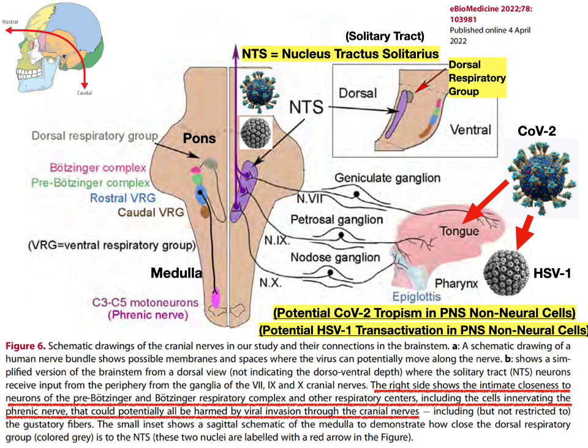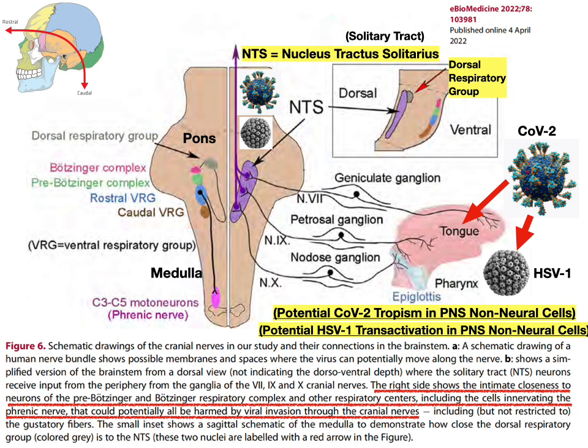So as COVID-2 infects neurons, it can also potentially infect glial cells, which are in close proximity to neurons. And what we will discuss is new evidence, well, it's actually from 2010, an animal model, that shows that HSV1 can infect perineurial glial cells. So there is a long-term reservoir of HSV1 lying dormant inside nerves that have been infected